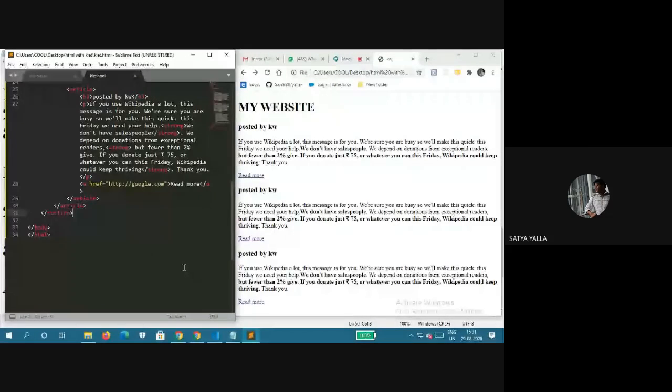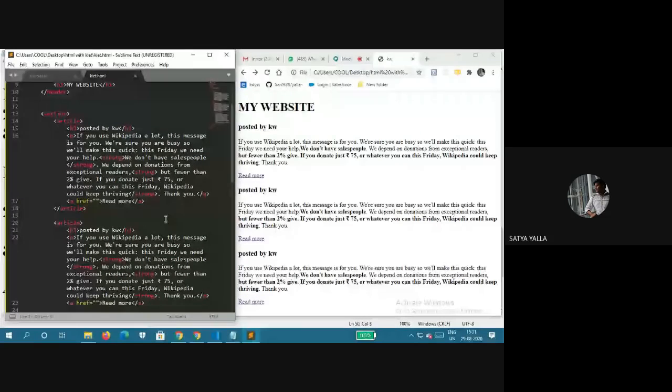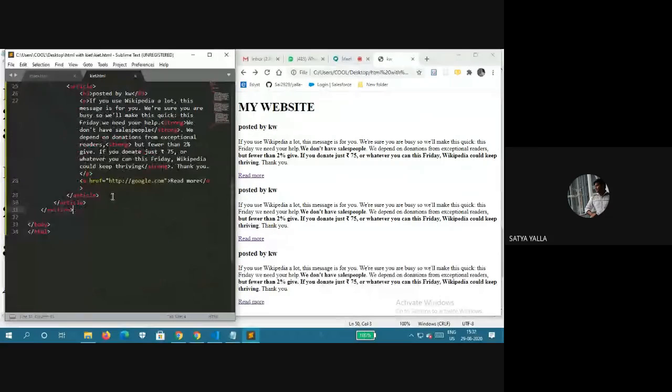Then we completed the header section and the article, and we go with the, I think, section, right? Sorry, aside, not section.